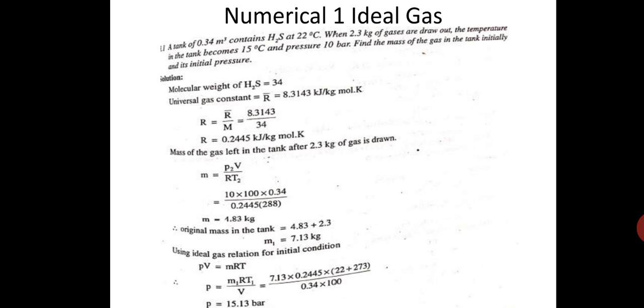So substituting the values, P is given as 10 bar. 10 bar means 10 into 100, that becomes kilopascals, into V, volume is 0.34 meter cube, divided by R, which is 0.2445 as we have calculated just now, and temperature T2 is 15 degrees centigrade. So 15 plus 273, that is 288 Kelvin. We have to be very careful in this ideal gas equation: temperature has to be always in Kelvin only. So mass M is equal to